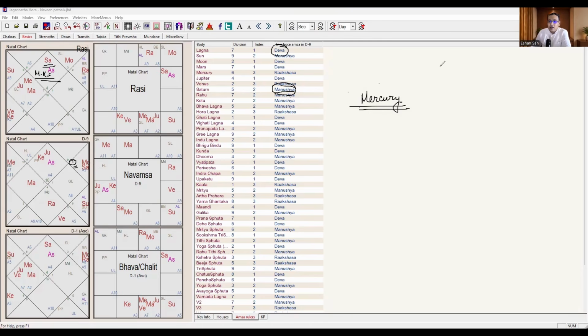Now, again, let us check from Arudha Lagna. From Arudha Lagna, you will find Saturn is a benefic planet. It is the ruler of the ninth house as well as the 10th house. So, Saturn in the third house is not actually that bad. It is the house of efforts.